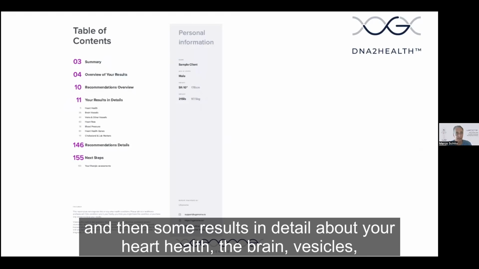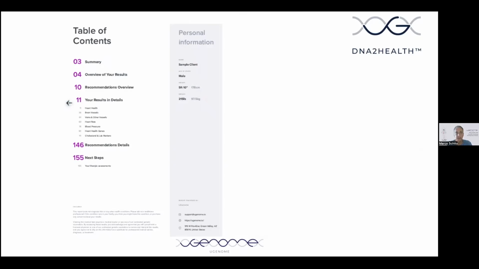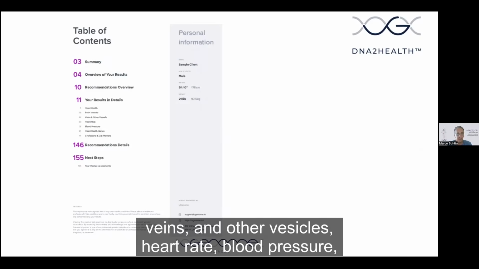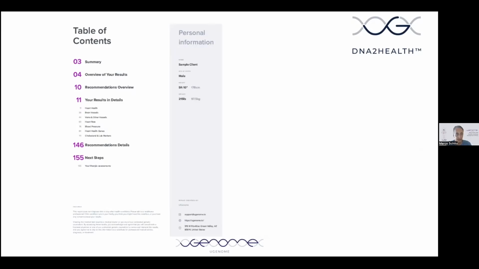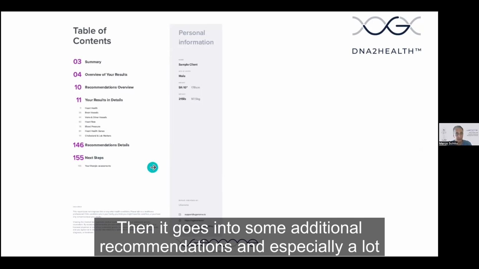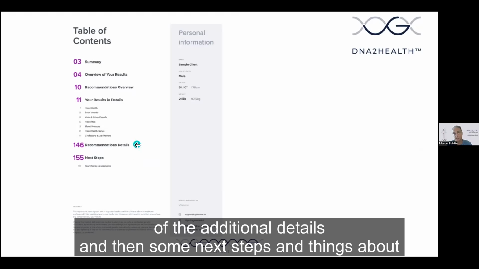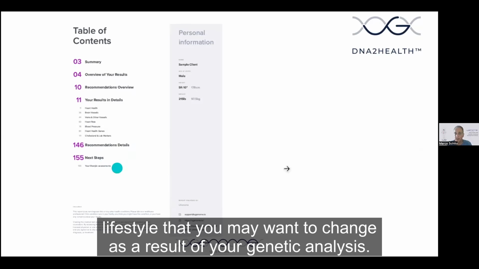and then some results in detail about your heart health, the brain vessels, veins and other vessels, heart rate, blood pressure, heart health genes, and then some cholesterol and lab markers to note. Then it goes into some additional recommendations, and especially a lot of the additional details, and then some next steps and things about lifestyle that you may want to change as a result of your genetic